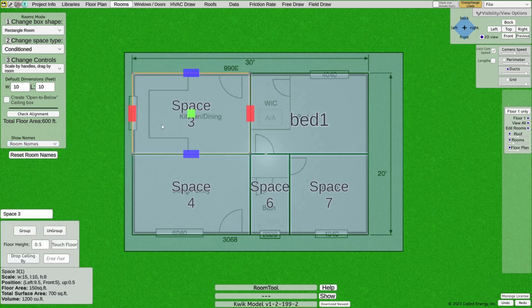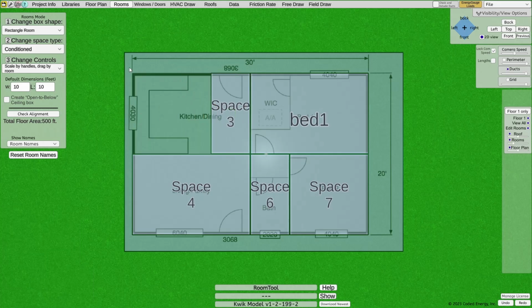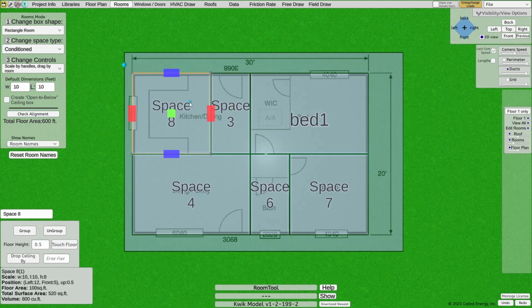And then if you want to group boxes together, so let's say that you need multiple boxes for one room, like I have this one and this one for the kitchen. What you want to do is hold control and then click both of them, and then you just hit this group button right here, and you can see it gets grouped together, and you can just rename that as so. And then if you want to ungroup it, just press ungroup, and